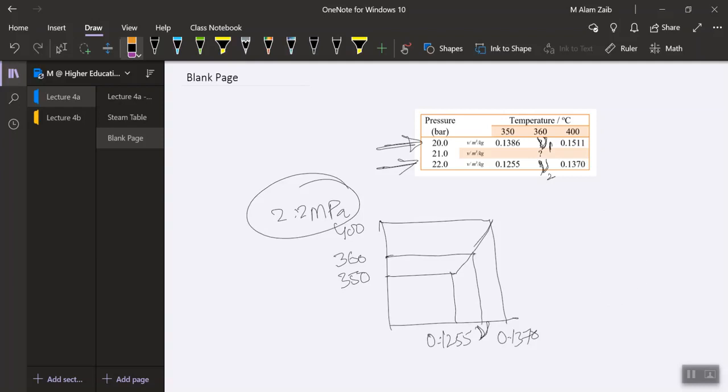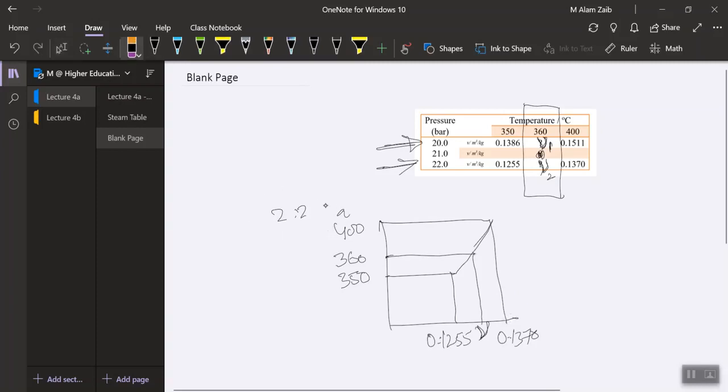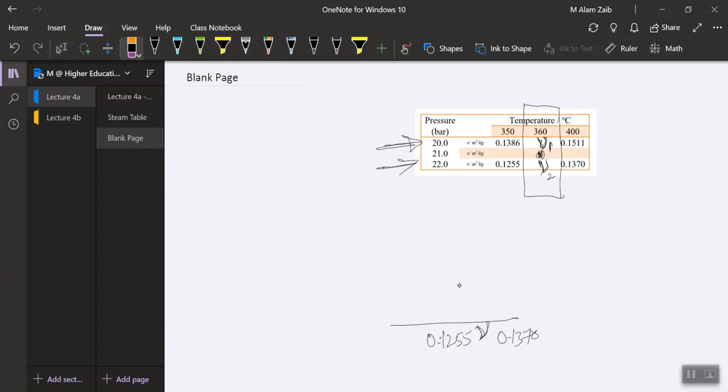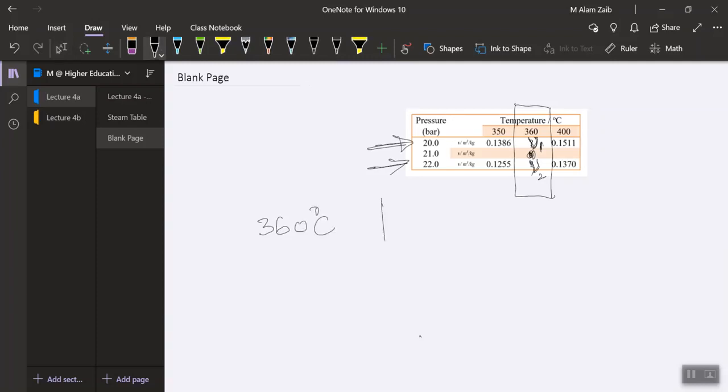So now what I'm saying is, I have got a volume at two extreme positions now, and I need to find this volume. What my actual calculation would look like, or what I actually mean to say, is at 360 degrees centigrade, the volume at